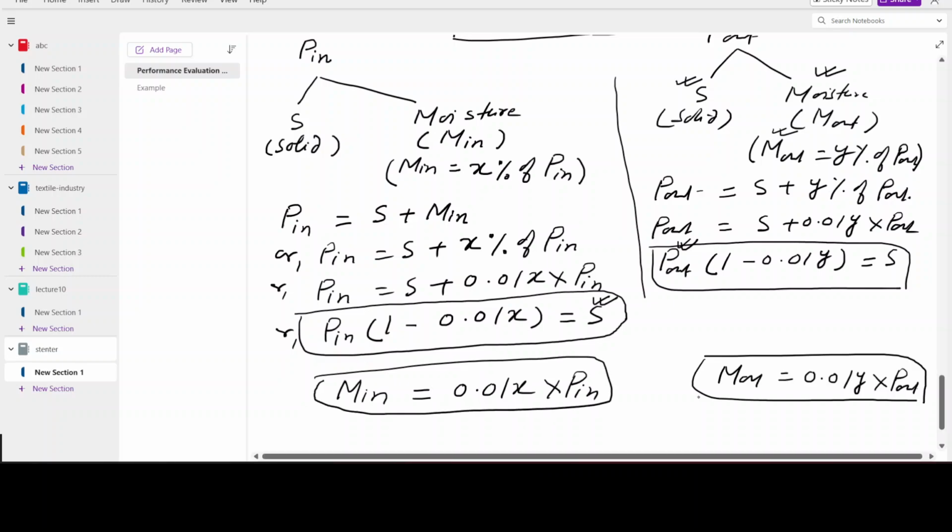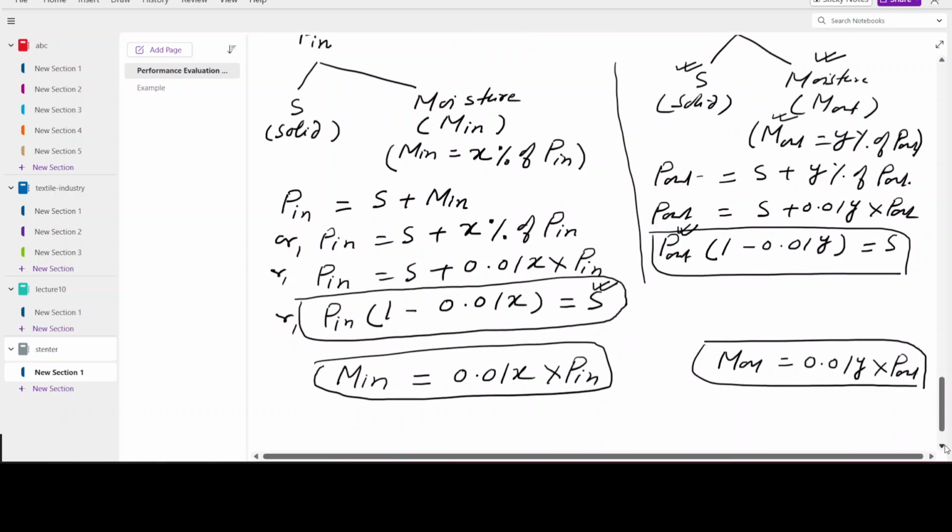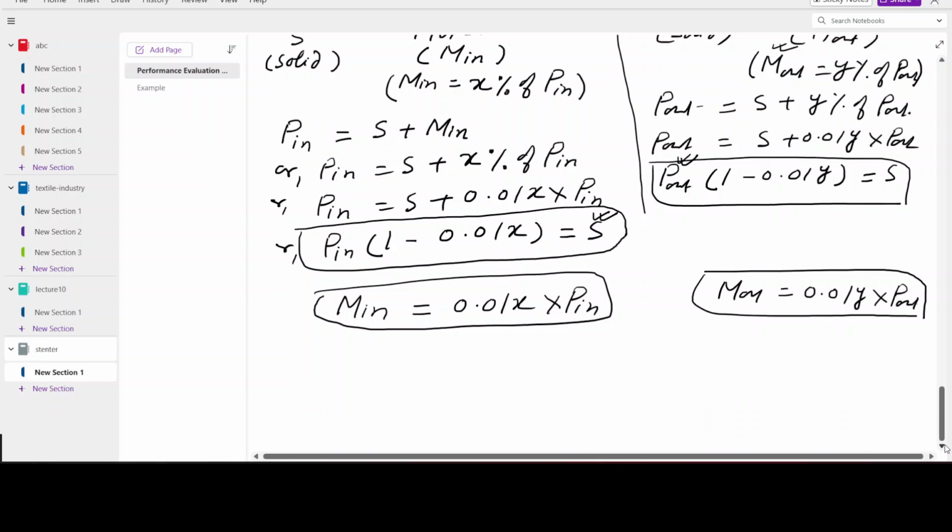This is a very important derivation, and in any sort of problem, whether simple or complex, we will follow this approach and we will be able to find out the answer. So thus we have found one thing that is useful in the case of finding dryer efficiency. Another information that we know